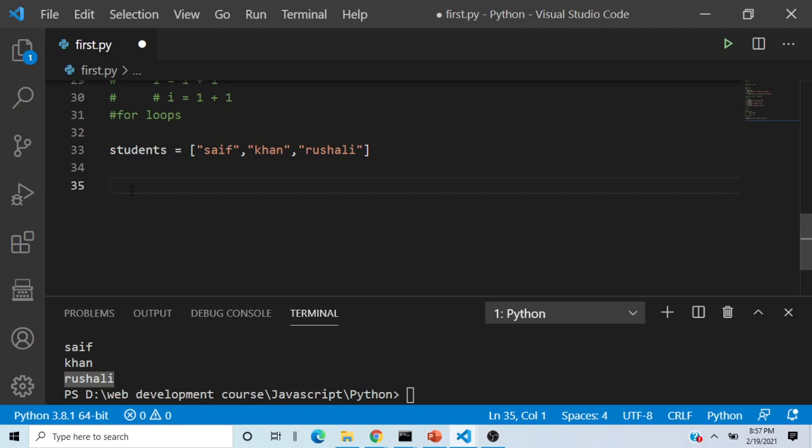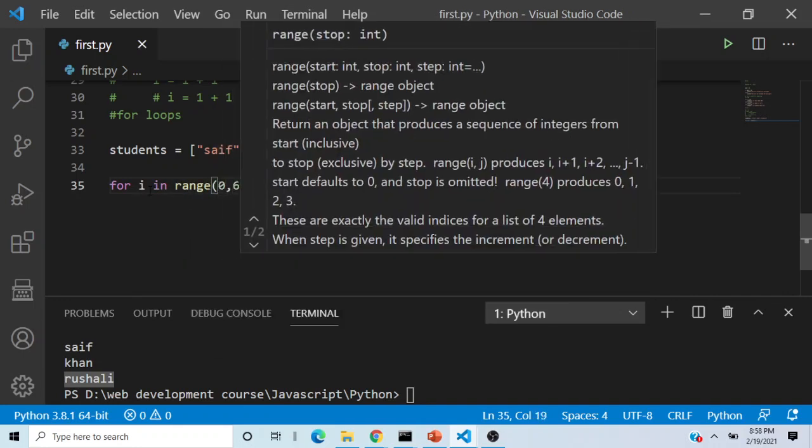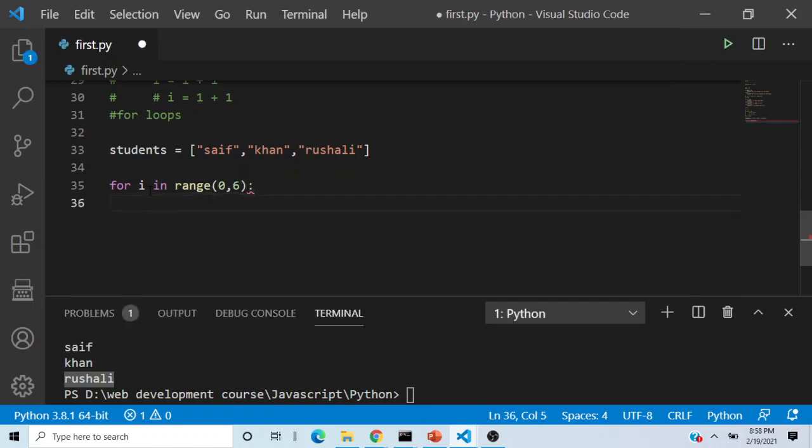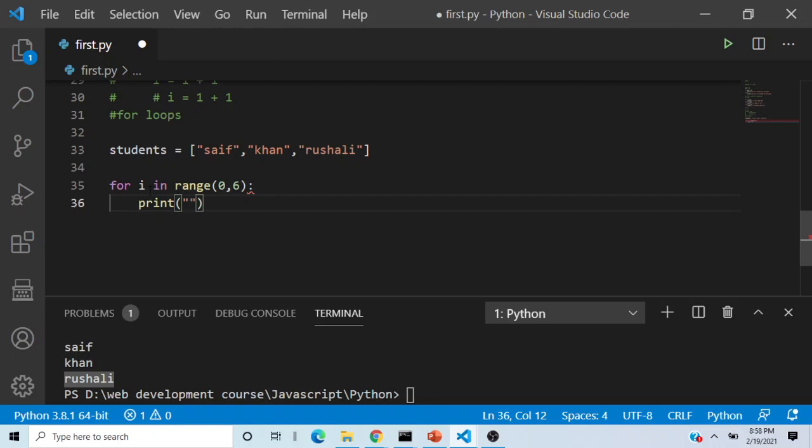Suppose I wanted to print Saif like 6-7 times, I can do so by writing for i in range of 0 to 6, and I will write print over here, and I will write